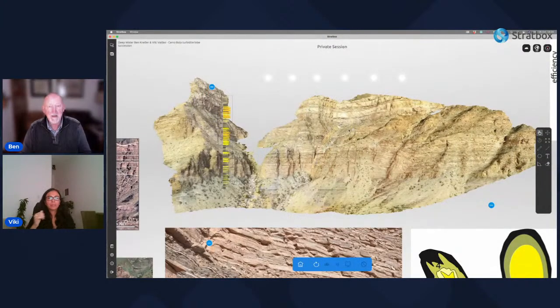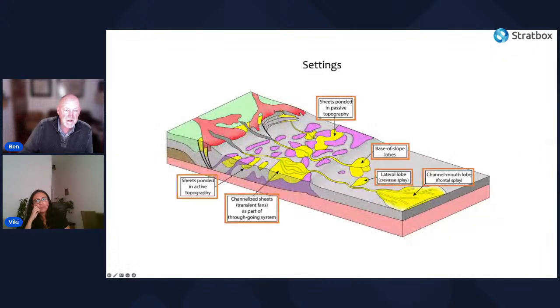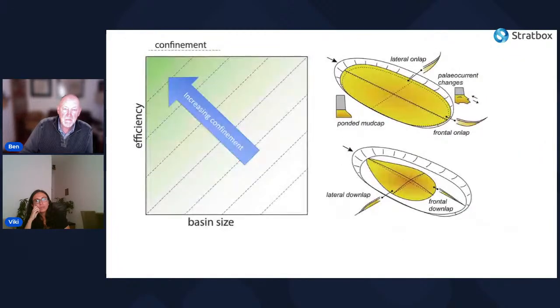Now, what do I mean by confined and unconfined? Let me just go back to my PowerPoint presentation here for a second. Okay, confined is where the flows that deposit the turbidites actually reach the bounding topography. Now, I'm simplifying somewhat here. And as a consequence of that, we're going to see onlap all the way around the basin, and there tends to be very small variation across the basin in the facies and thickness of the turbidites,